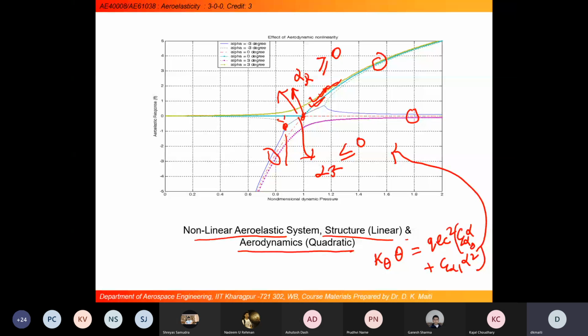Let's say I'm taking alpha equal to 3 degrees. I have got one equation here, one root is here. It will come from this 0 point, and then it is going like this. Similarly, I'll be getting